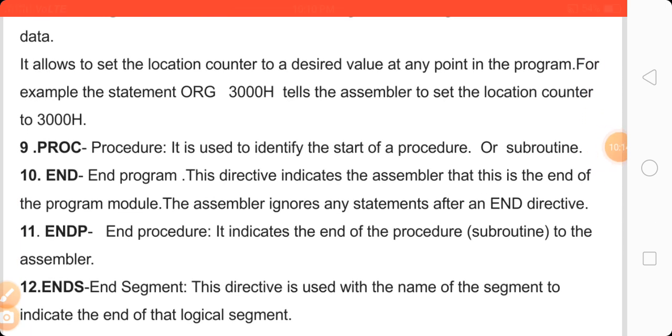Now next is ENDP. ENDP means end procedure, and this is also a directive. It indicates the end of a procedure or subroutine to the assembler.